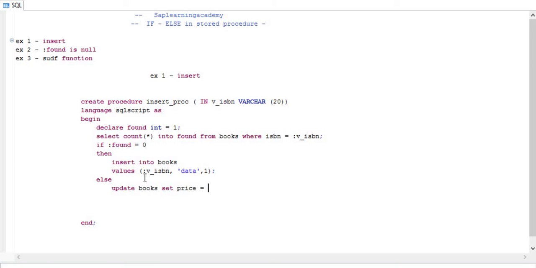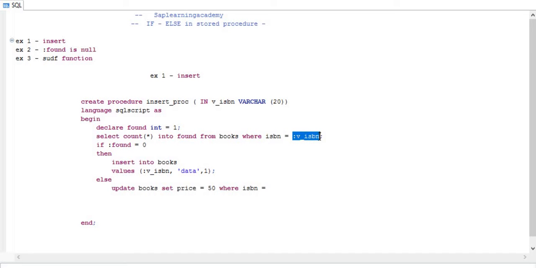Also a very good thing to remember is that I'm using another command called update. We are using insert and update. If you have a situation where you need to insert and update both together, then you can utilize this. So set suppose 50, where the ISBN equal to this variable.